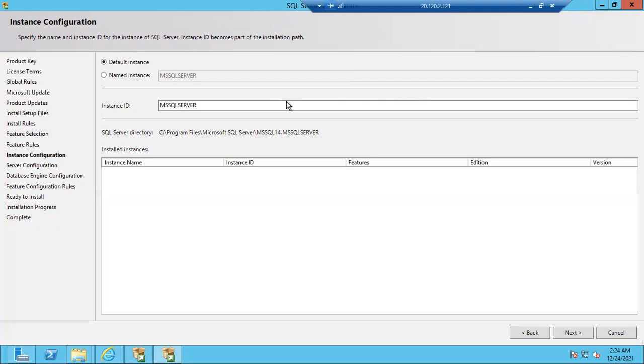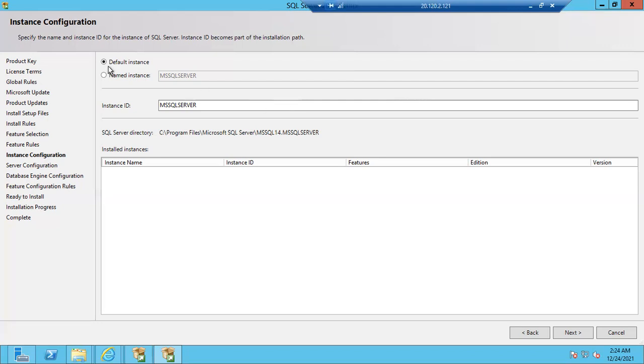You can install either default or named. It's your wish. Simply, it is a naming convention. Default means it will use the computer name to connect. Named instance means you will give one name, and that name is going to be used to connect to the server. That's it. There is no mandate. You can install named instance first time also, default instance first time also. It depends upon your comfort.